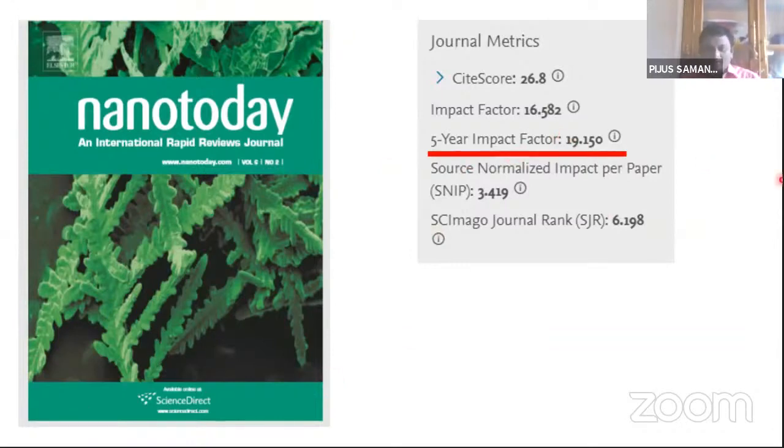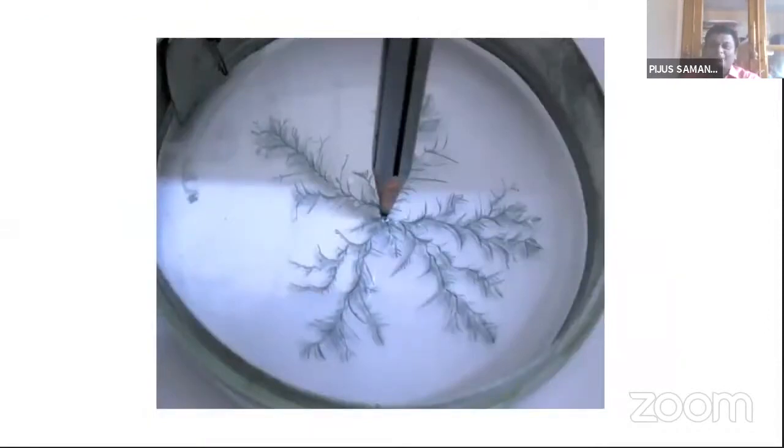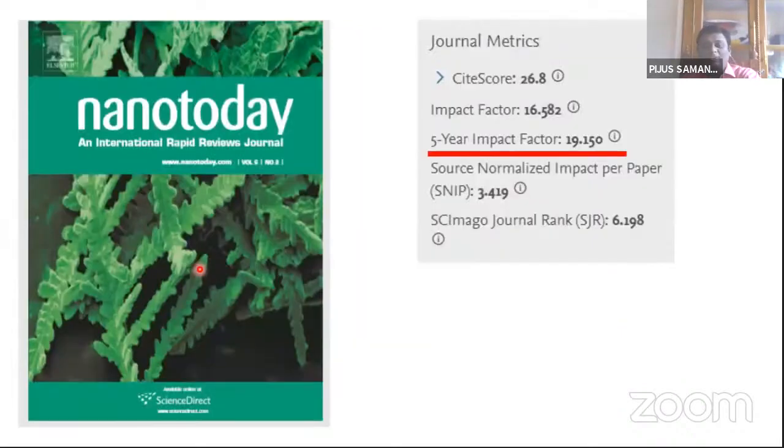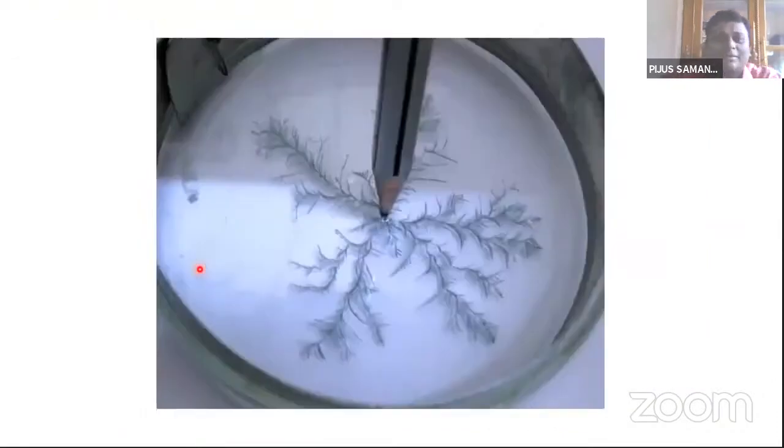And now you may be wondering, this was the actual experimental setup. We used a very simple experimental setup to grow these two structures. So let us discuss this setup so that you can also do this at home. We have taken a petri dish, and surrounding it you see this blackish region. This is basically a zinc strip. We are using an ordinary pencil, and its graphite acts as one electrode, and the zinc as the other electrode.